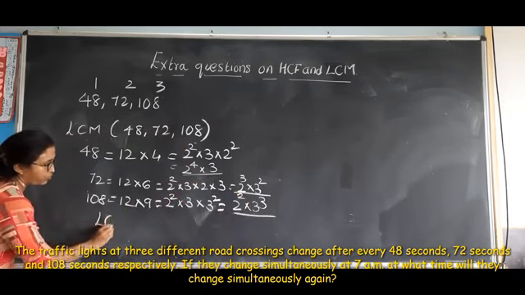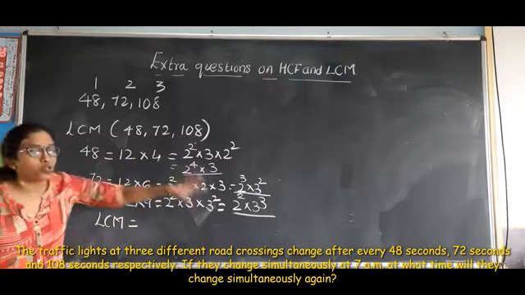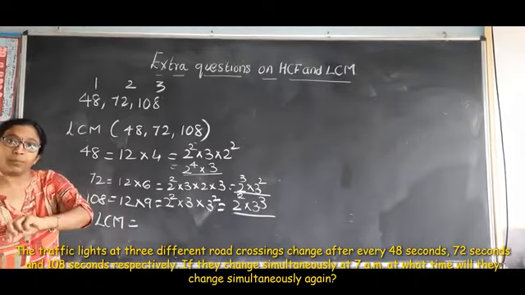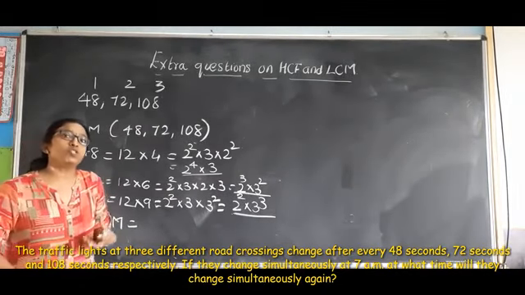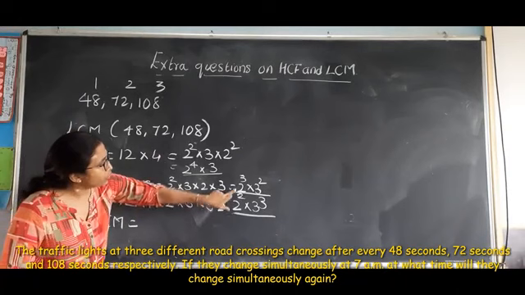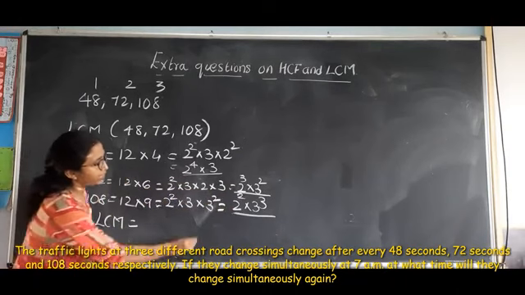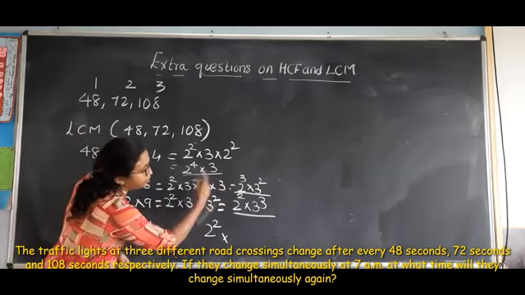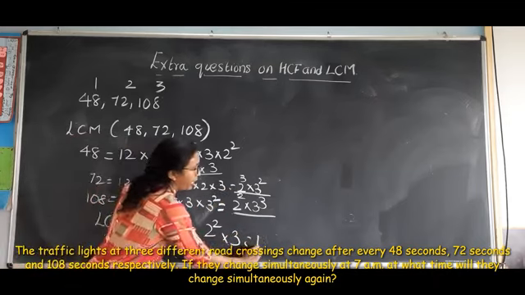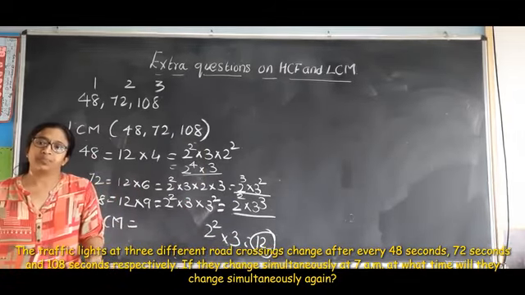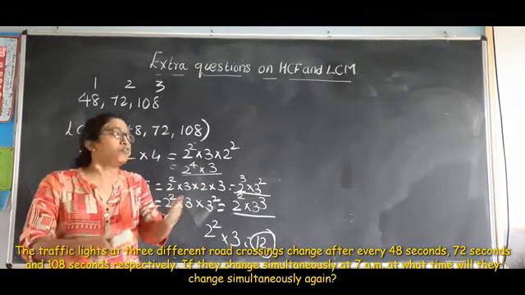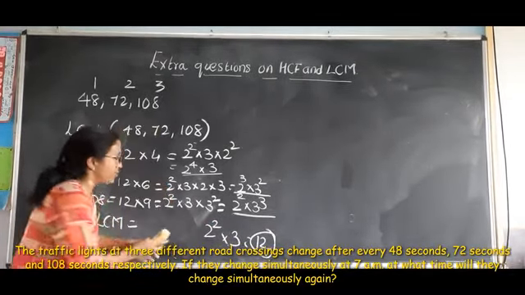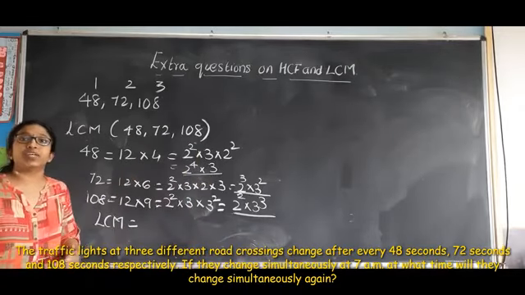Our aim is to find LCM. Let's find HCF also orally and see so that you understand. If you take HCF of this, it is the product of common powers, the smallest power. So what is the HCF here? The common power is 2 square, the smallest power of 2, and 3 will get only 3. So here we will get 12. Is this possible? No. Because the first traffic signal changes after 48 seconds, then how can we give 12 seconds? Not possible. So obviously, from this we understood that we have to take LCM.